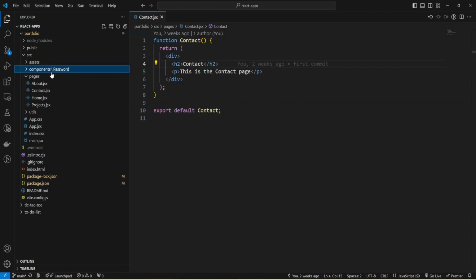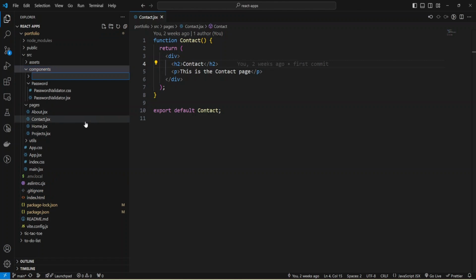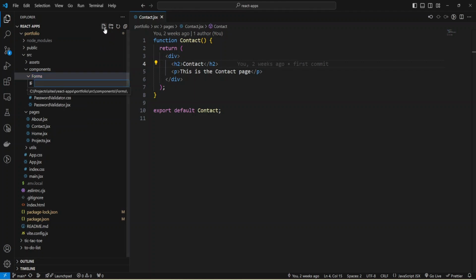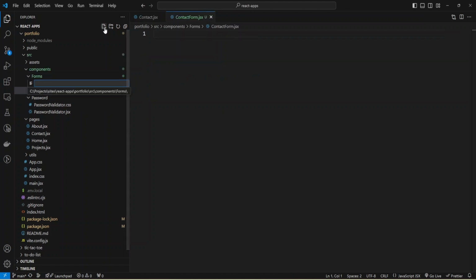And first of all, I need to create a component, and it will be ContactForm. Inside the components folder, I can create a new folder called forms, and inside forms, I'm going to add ContactForm.jsx, and also I need ContactForm.css for my styles.